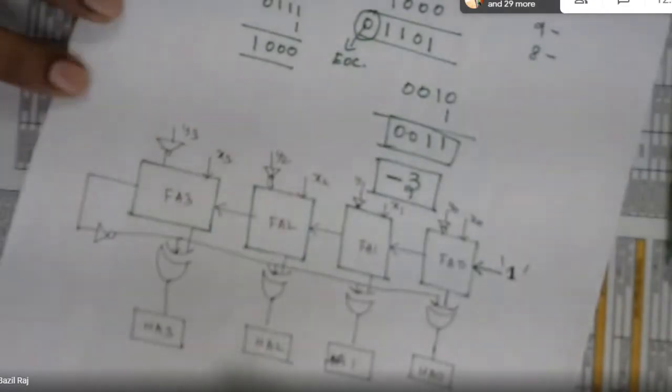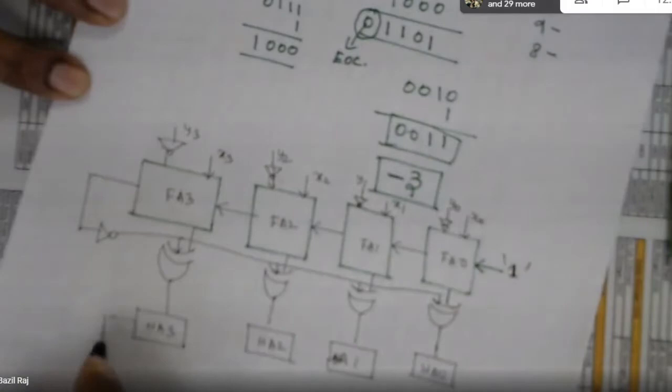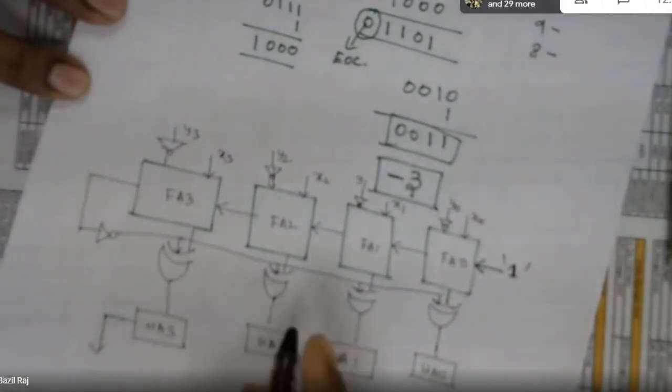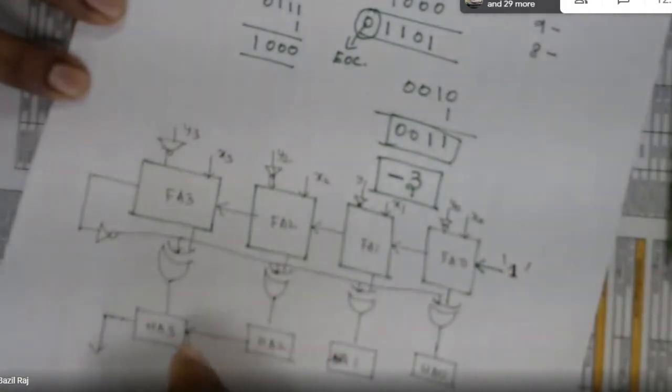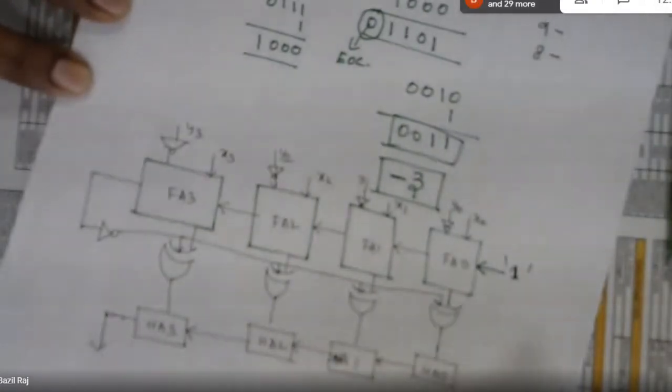This is an interesting design. It will give you a lot of ideas. Then the final carry here. This propagates here, this propagates here, this propagates here now.